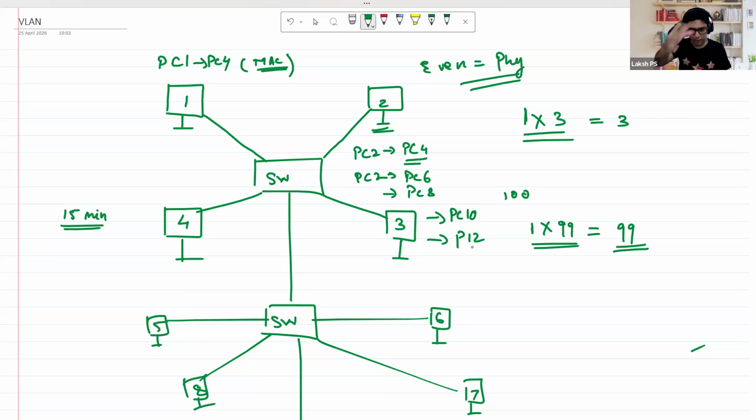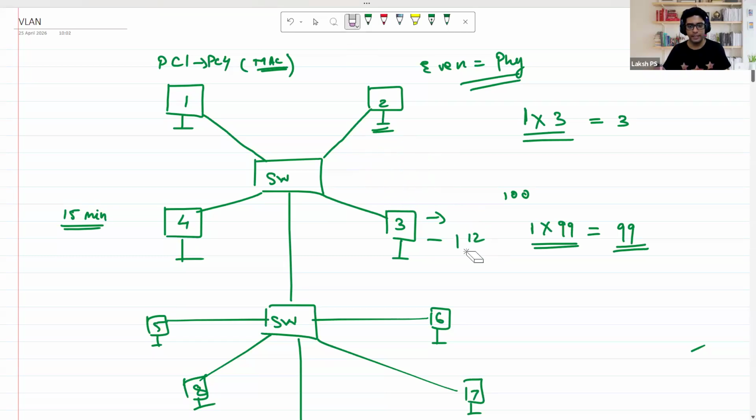And in this particular topology, there are just a few physics teachers, but you know that in a university, there are not just 3 or 4 physics professors. There are many, probably 10, 20, 30 physics professors teaching different physics topics to different batches in the university. So it was time consuming for this physics teacher to type in everyone's MAC address and send the data, right? So we came up with one more technology or feature,